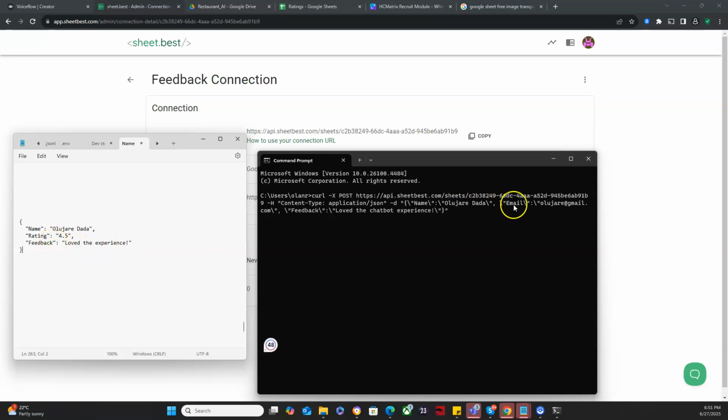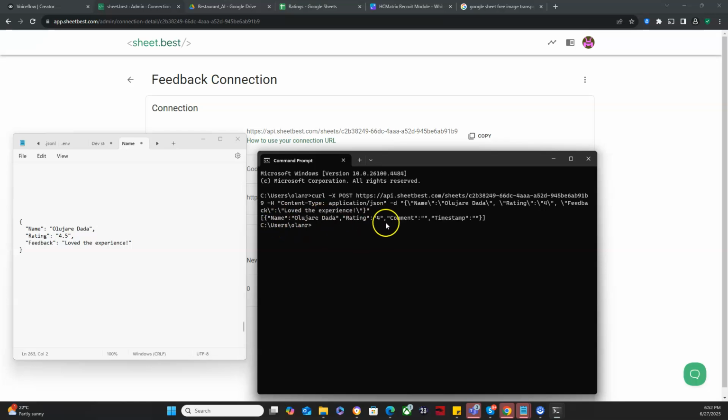Okay, here it says email, so we can just change this to rate. Oh, sorry. I think I'll have to go back this way. So let me just edit that. So after making that edit, you can see name, rating, feedback, right? It's exactly the same thing, same information we're passing in here. The reason for the backslashes is because this is a command line, right? This is basically the way you have to write it in command line, right? So yeah, if I hit enter now,